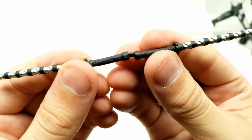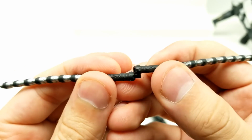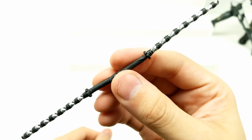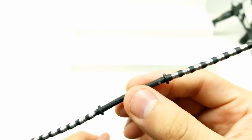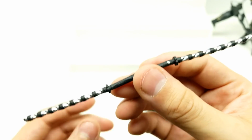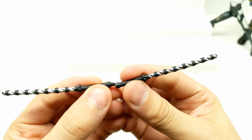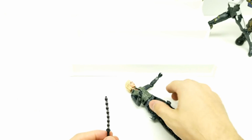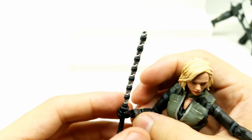And what we can do is we can pull these apart, put them together. It's kind of a square peg, see? Doesn't really matter as far as how you put it in there. And they're a little bit warped from being put in there in the plastic, but anyway, they still look great. So we can do them individually or together as a bow staff. So why don't we do them individually